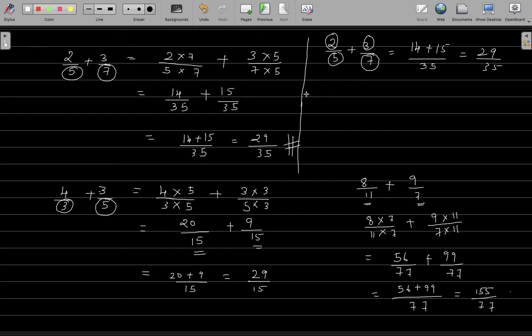Suppose I give you the same question, 4 by 3 plus 3 by 5. Now you know what the answer here is, but let us solve it directly in one step. How are we going to do this? We have 3 times 5. We multiply 3 and 5, both the denominators. 3 times 5 is 15. So write 15 here. Then you take the first numerator multiplied by the denominator of the second fraction, that is 4 into 5. 4 times 5 is 20, so we'll write 20 here.